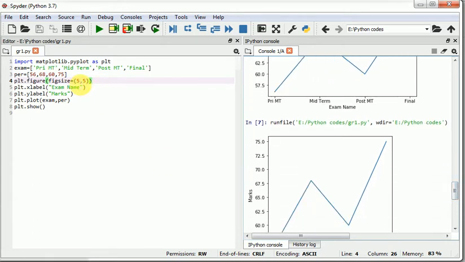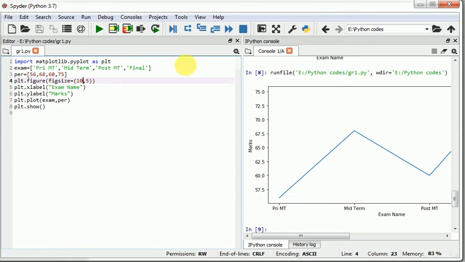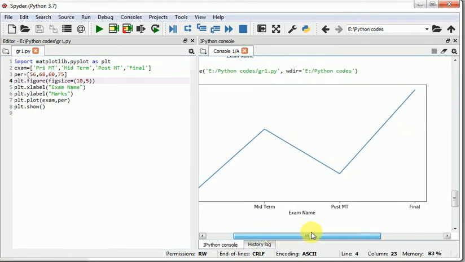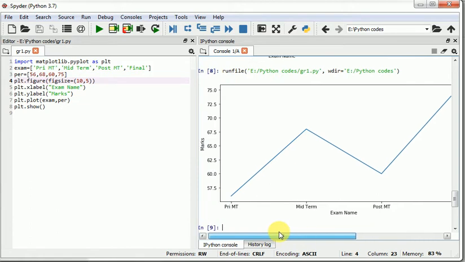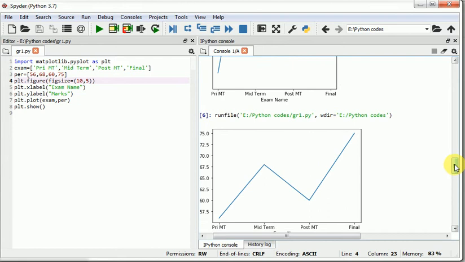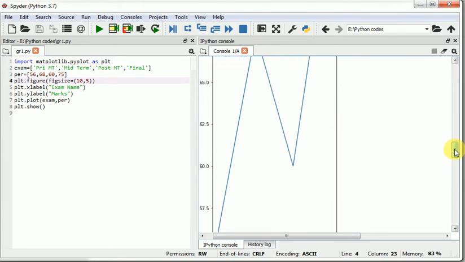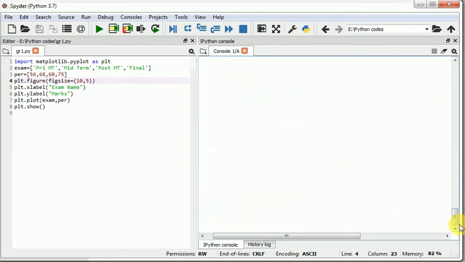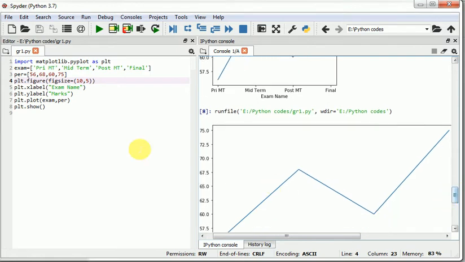Now suppose I am giving 10 in place of 5, so 10, 5. Now run. Look here, so the width is increased, and that was our previous one. Now in place of this I am giving 10.